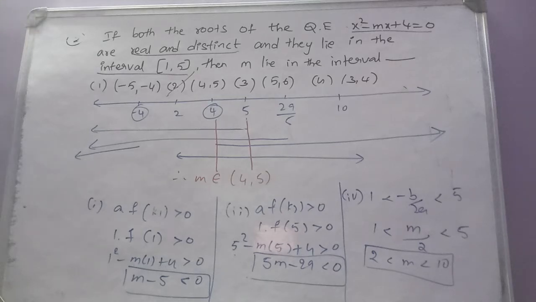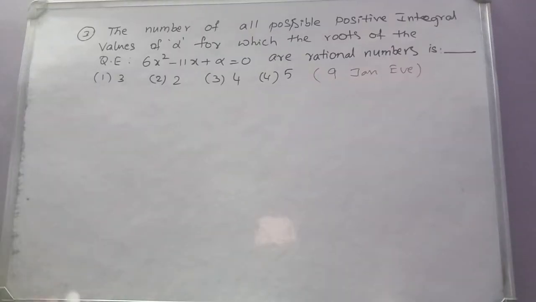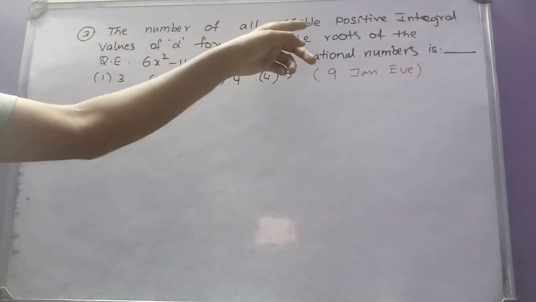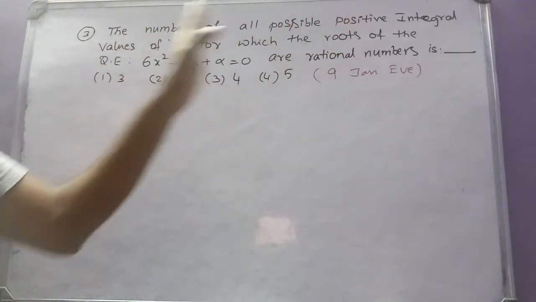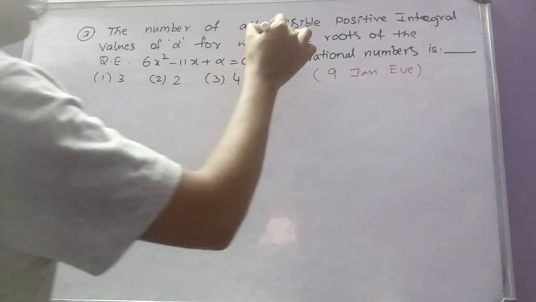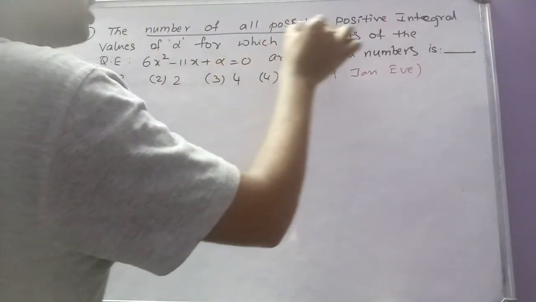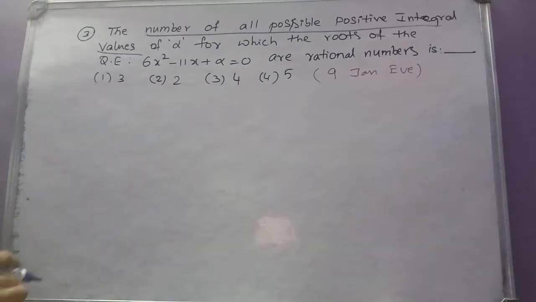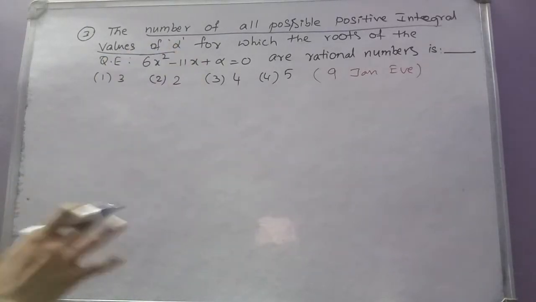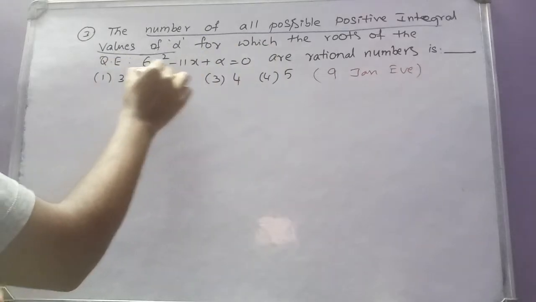So we'll go to the next question, the third question. Here is our next question, which is given in the 9th Jan evening paper again. The number of all possible positive integral values of lambda. Understand this, the number of, he is asking. How many possible positive integral values of lambda are there for which the roots of this quadratic equation